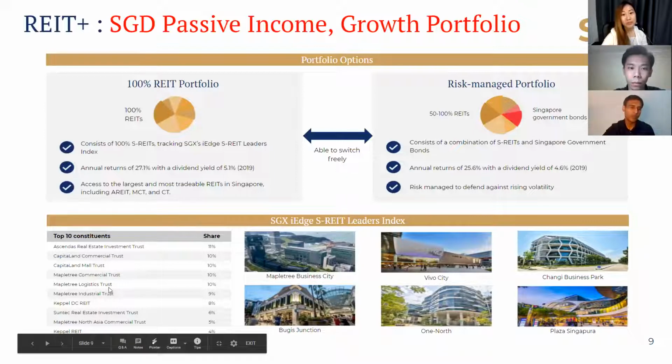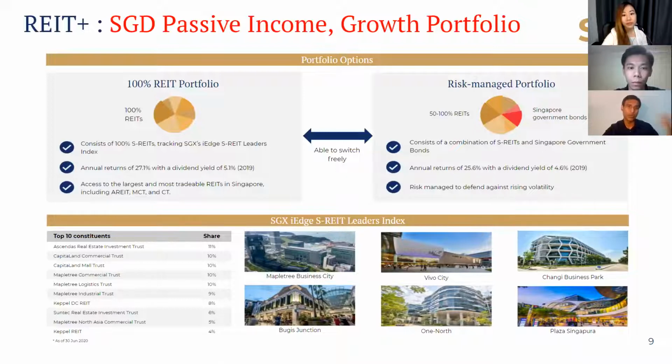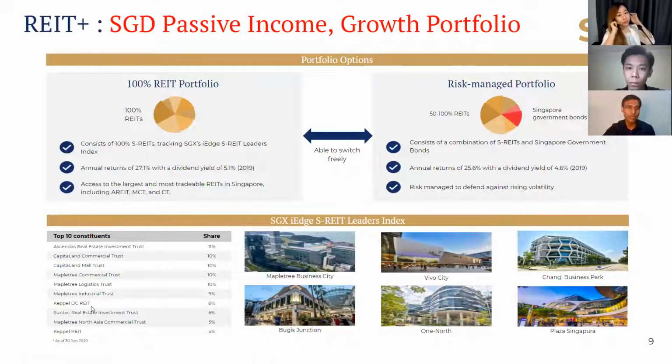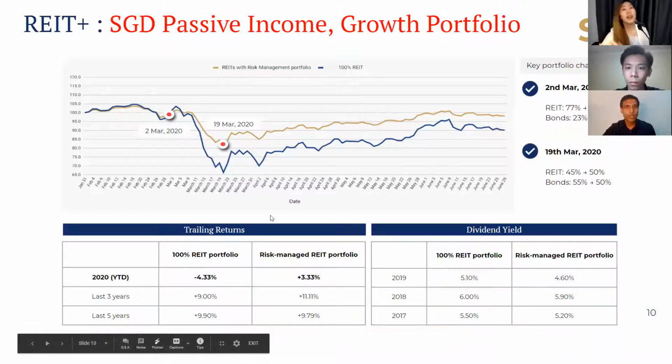But given that this portfolio is fairly diversified across sectors, and there are some secular growth sectors, similar to what's happening in technology and work from home related things in the equity market, you have your logistics REITs, you have your data center REITs, you have your industrial and healthcare REITs, which are on a secular growth trajectory per se. So overall your portfolio is fairly diversified, and the overall returns are not that bad.